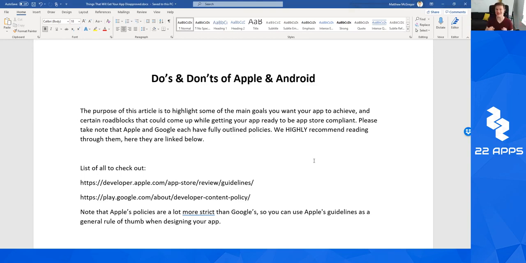The reason that I need to do this is because Apple and Android have very strict guidelines around a couple of key areas that you definitely want to pay attention to. You definitely want to make note of them as you're building your app, so that when it comes time to submit your app to Apple and Android, they are much more likely to approve it, much more willing and accepting to say yes to having you on their platform, because you're essentially publishing to a service that's